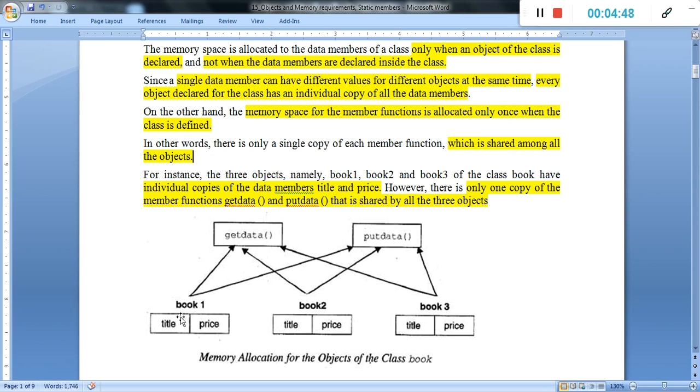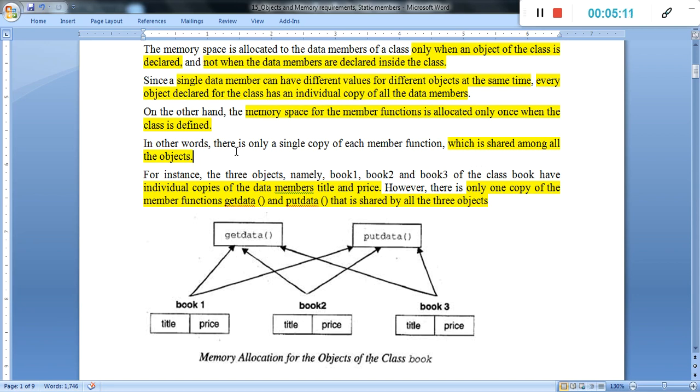Then book 1 uses the same memory, book 2 uses the same memory, book 3 uses the same memory for the function get data. The same thing for put data: all three objects use the same memory for put data also. That is simply the memory management under the class for object and the function.